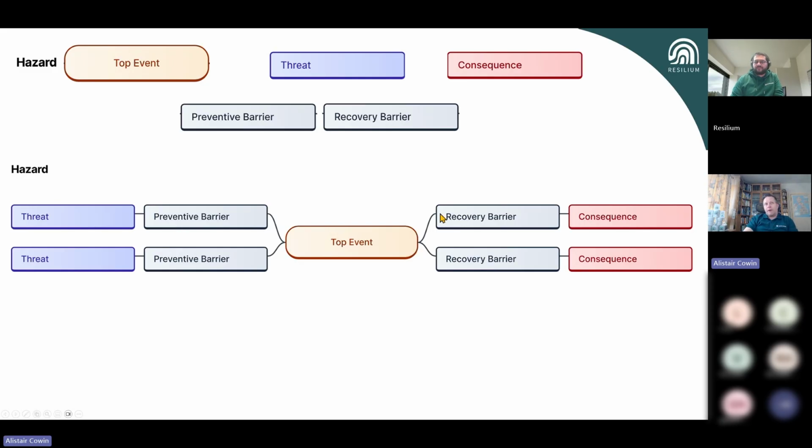Now, I talked about top tier sites, and I come from an aircraft world. These are industries where you are obligated to be able to recover from foreseeable losses of control. So these barriers are important, but they have two functions over this side. And it's not easy to bring them out in the modeling, although we can use tagging to identify. But I basically have the primary function on a recovery barrier is it gives me control back. It puts me into my normal operating state, and they're good.